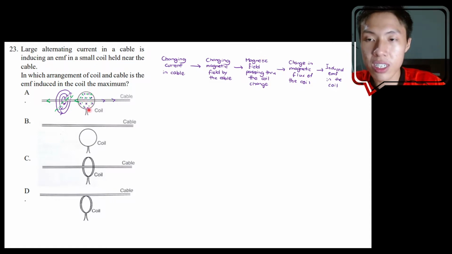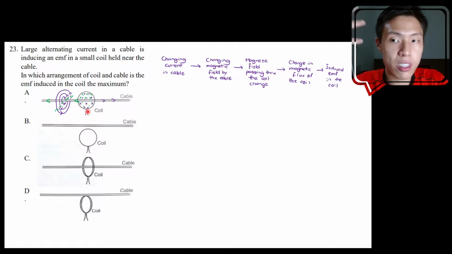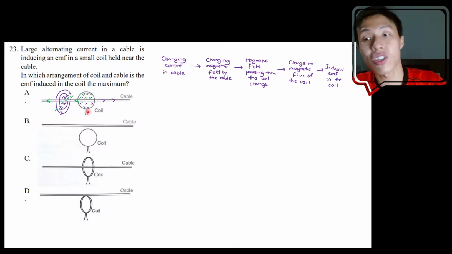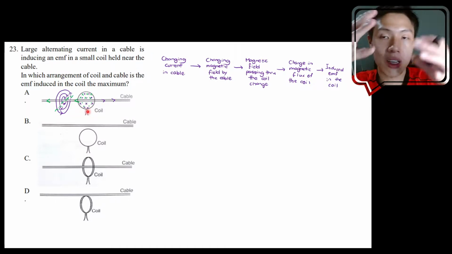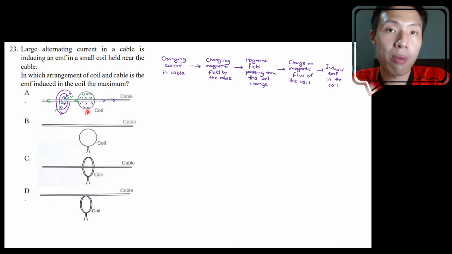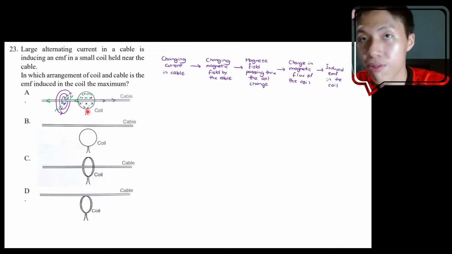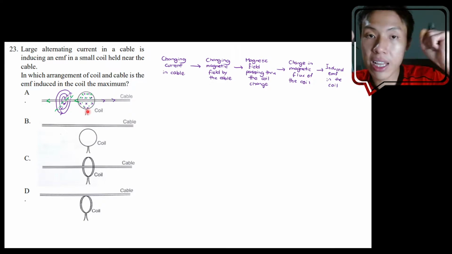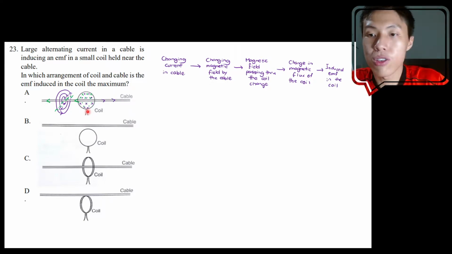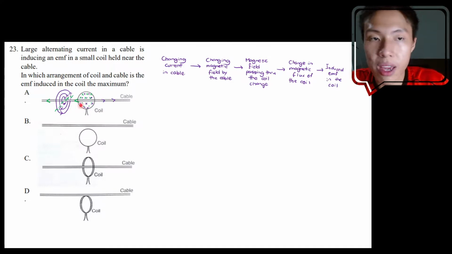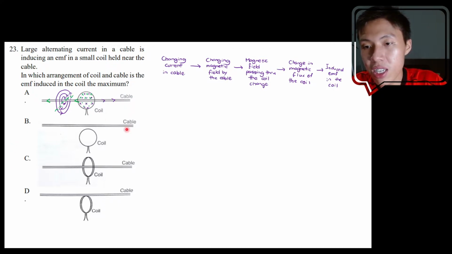So for this arrangement over here, if you place your coil like this, the magnetic flux will be 0. No matter how many times you switch the current direction, the magnetic flux will stay at 0 all the time, because half of it has a positive magnetic flux and half of it has a negative magnetic flux. Then you add them all up, you get back to 0. So this is not the arrangement that you should use to get an induced EMF, because the magnetic flux always stays at 0. Okay, if you use the arrangement in B,